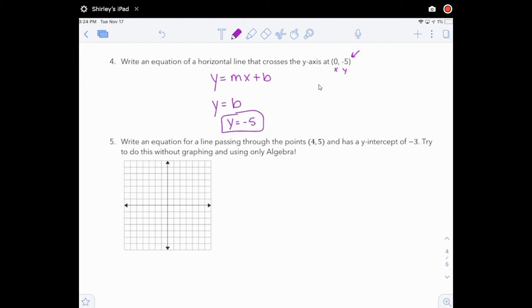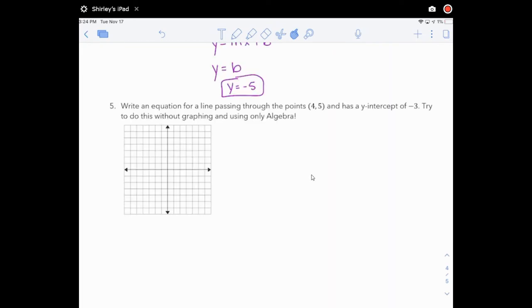And the last one, oh my God, okay, sorry. Write an equation for a line passing through the point (4, 5). It has a y-intercept of -3. So when we come back tomorrow, we're going to go through how to write these equations just algebraically. So I'm going to push you to try to see if you can do it without graphing. However, I'm going through it, the graphing method. I am curious to see if anybody can maybe figure out how to do it. So to give you a hint, start with your basic equation. What is missing and what do you need to know? I'm going to go through it by just graphing. So my y-intercept is -3. So I'm going to go 1,